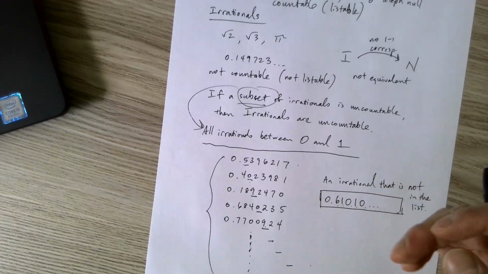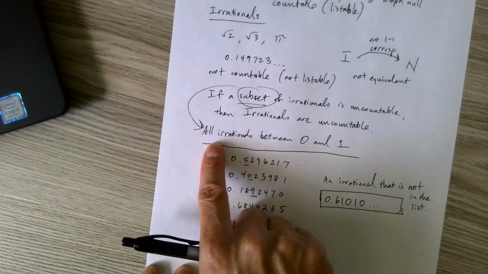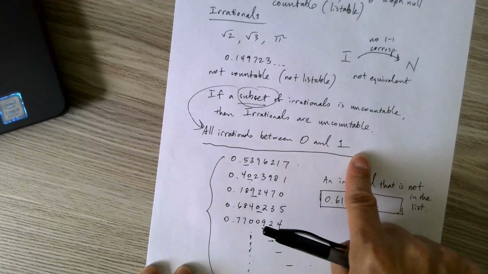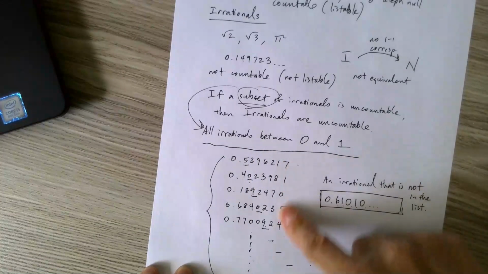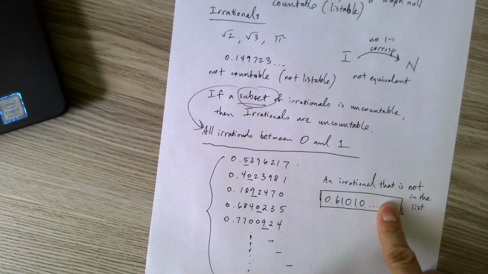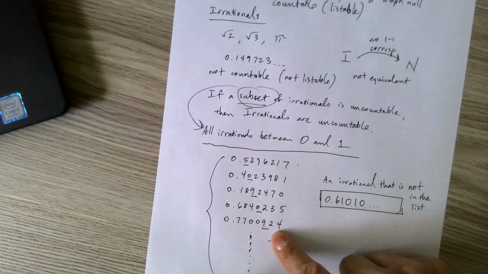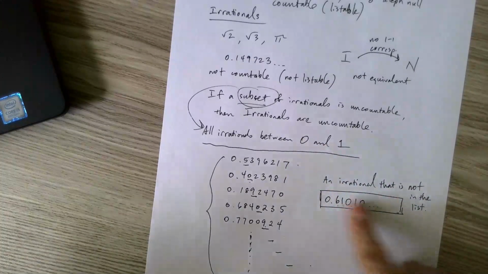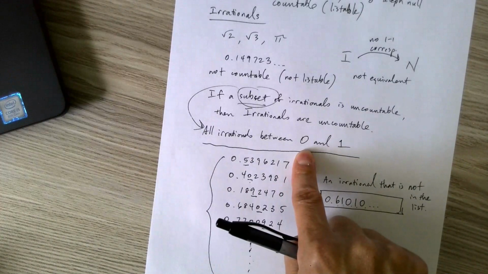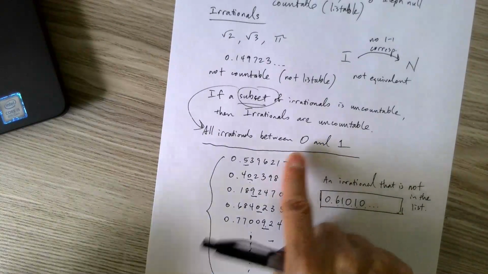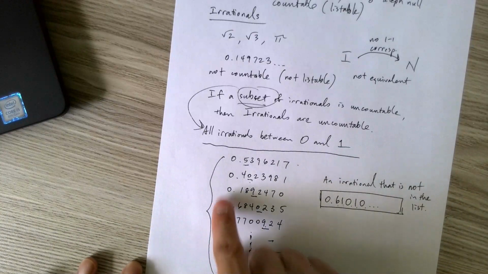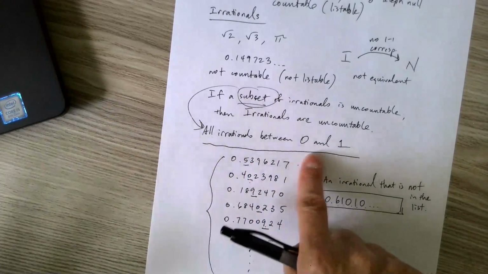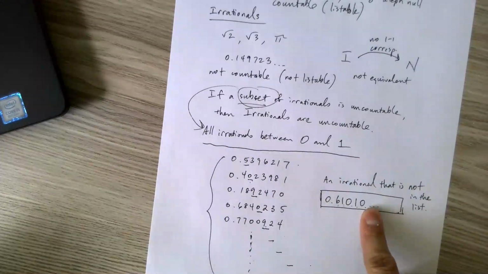So this shatters my hypothesis, which was I can list all irrationals between 0 and 1. Remember, I said first that that's what I did here. But I just created a number that isn't in this list that supposedly contains all the numbers between 0 and 1. Which means anytime I can shatter that theory. So I must conclude that it's impossible to list all the rationals between any two numbers that you pick, because I can always create one that isn't there.